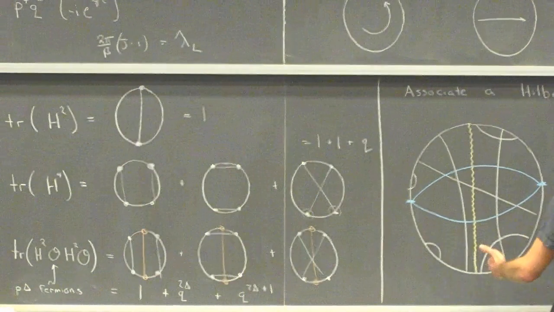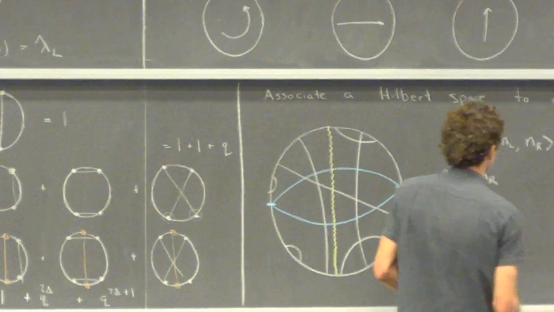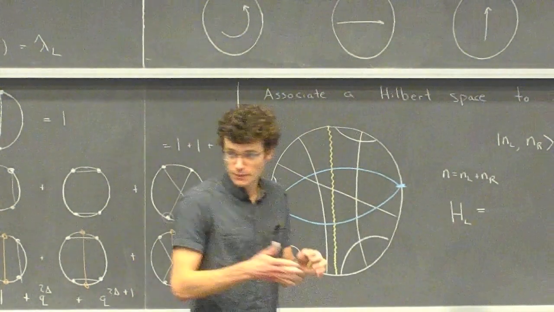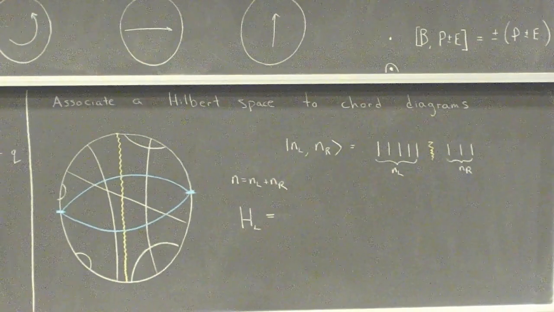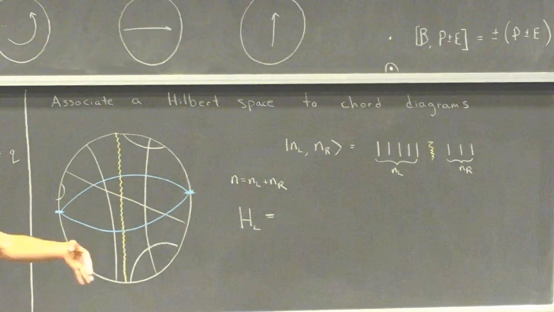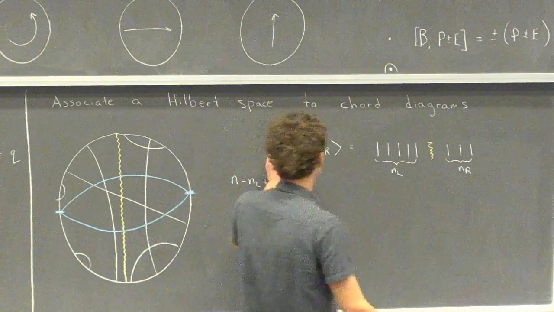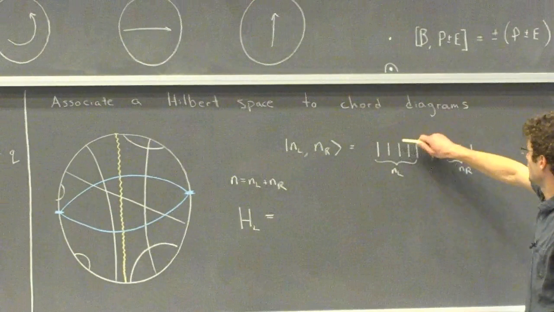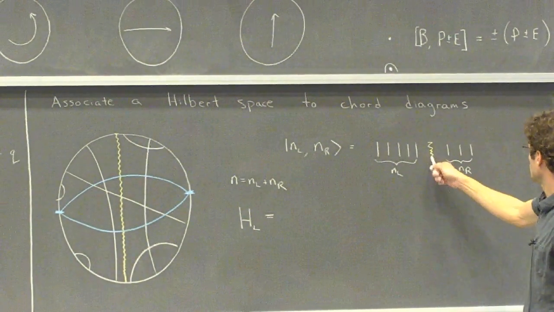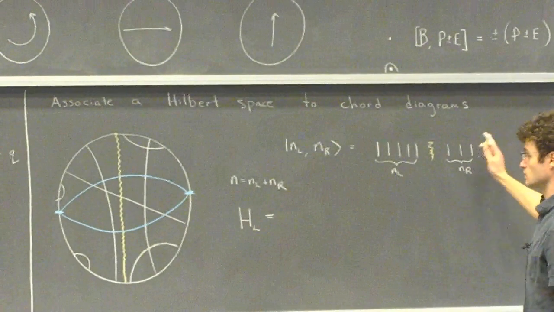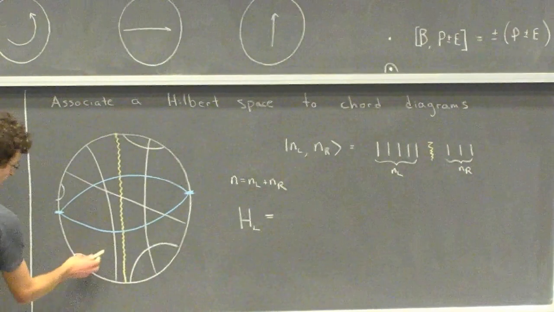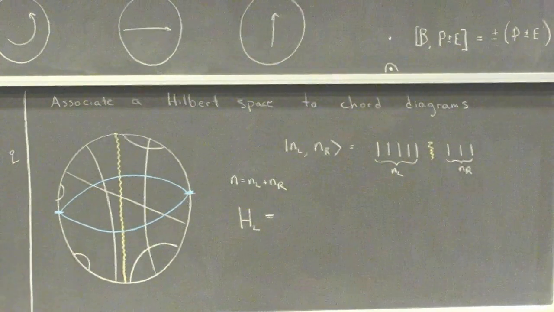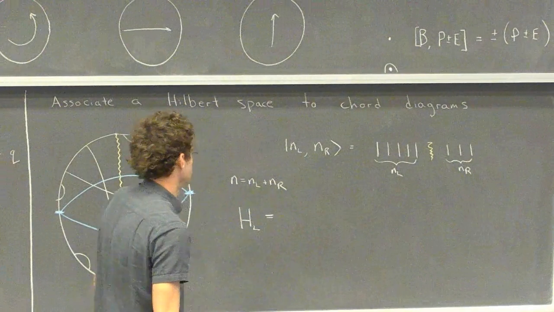So in the case with one matter particle, the Hilbert space can be characterized by a pair of integers, n left and n right, where these are the number of h chords to the left of the matter chord and the number of h chords to the right of the matter chord. So we have these vectors, n left and n right, and you can picture them like this, where we have n left h chords to the left, then we have a matter chord, and then we have n right chords to the right. So in this example here, we would have n left equals 1 and n right equals 2. Okay. And we'll define n as the sum, n left plus n right.